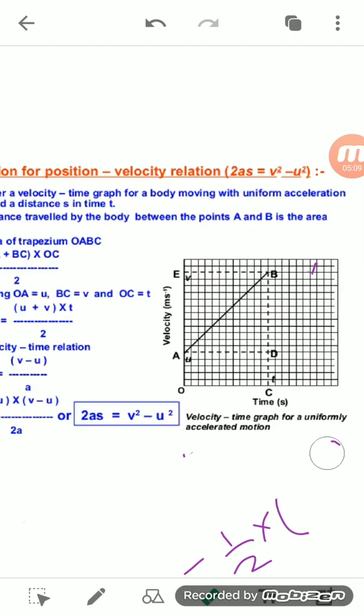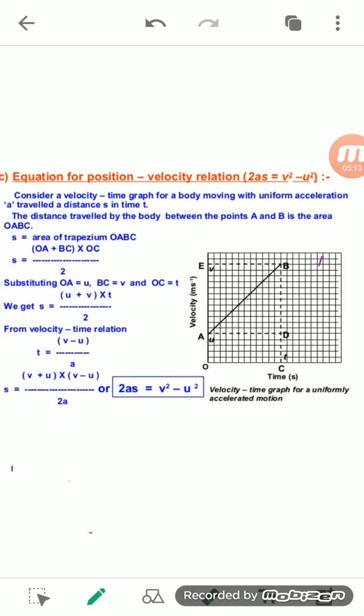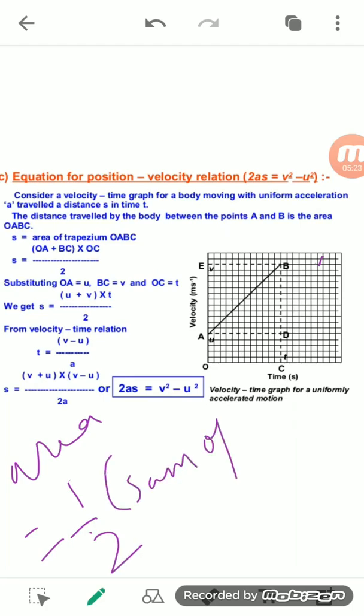Wait a second, let me write here. Area is equal to half into sum of the parallel sides